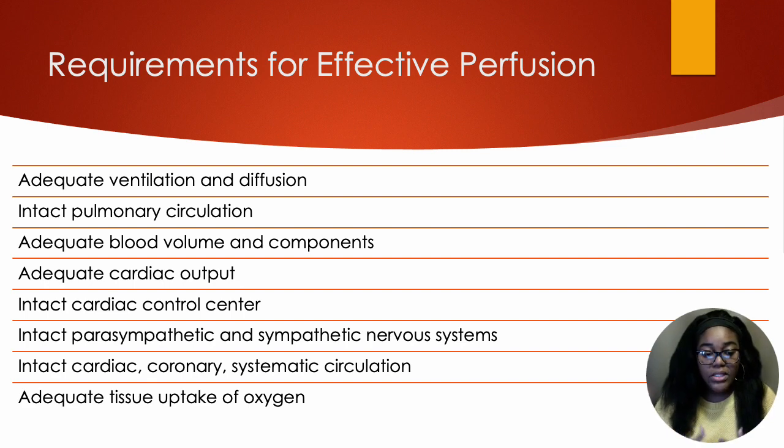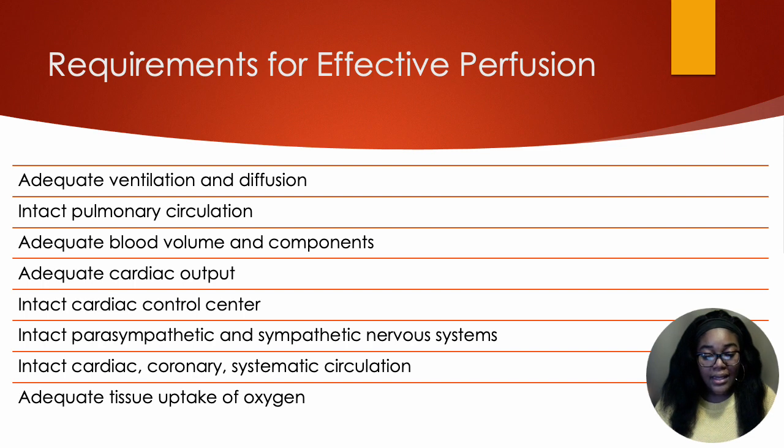So that leads me into the parasympathetic and sympathetic nervous system. Again, your heart and your neural system are very much conjoined. So when you don't have adequate sympathetic systems, whether it's sympathetic or parasympathetic, you're not going to have effective perfusion. Again, your circulations, all three of them, have to be working well. So your cardiac, your pulmonary, and systemic has to be working well